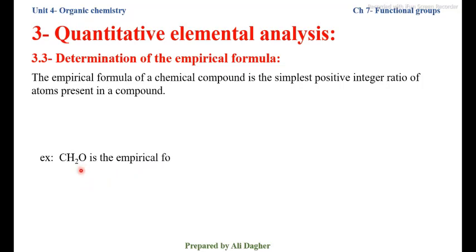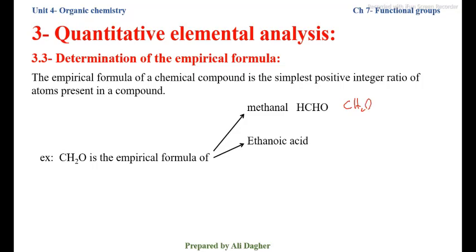For example, CH2O is the empirical formula of methanal HCHO, of molecular formula CH2O, and of ethanoic acid CH3COOH, molecular formula